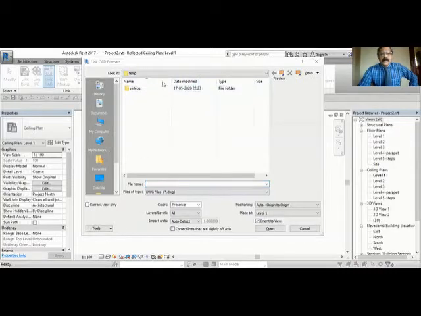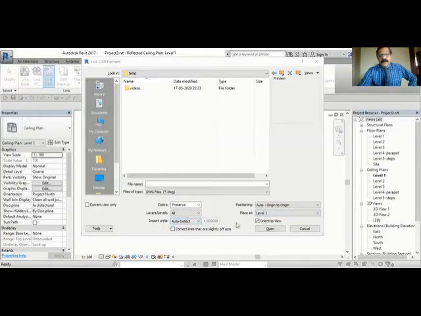When you select the AutoCAD drawing, there are many options available. Current view only means the drawing will be seen only in the current view. But if you don't put the tick mark here, you can see it everywhere. So you have to keep it like this. Then for your AutoCAD drawing colors, choose Preserve, whatever colors are there. Layers: all layers, let it bring all the layers. And units also, let it bring units with auto detect.